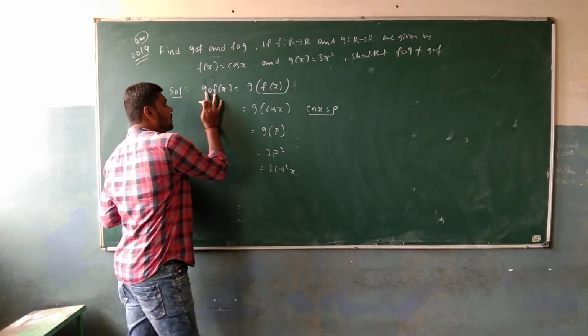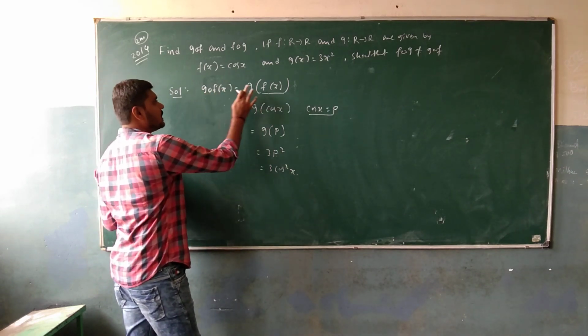We need to find the gof here. So gof is nothing but g of x, or you can say the g of f